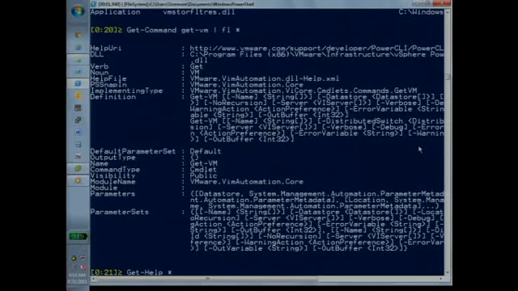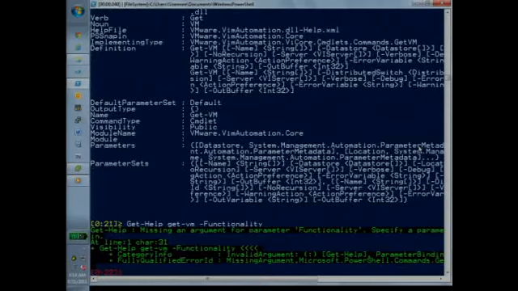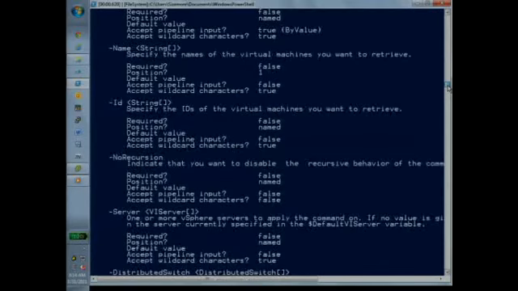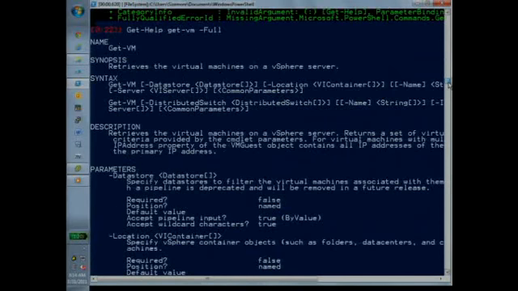So from Linux, they stole man pages. Every commandlet in PowerShell has this incredibly verbose help system with very detailed information about every single command. Now, what does that mean? That means that when you're in the data center on a KVM and you have a PowerShell prompt up, you have access to what you need to find the answer. You don't need the internet to use this tool. It's self-documenting. You can also just ask it a question.